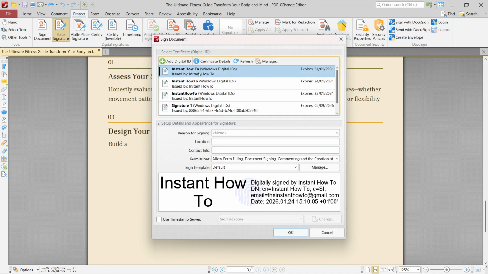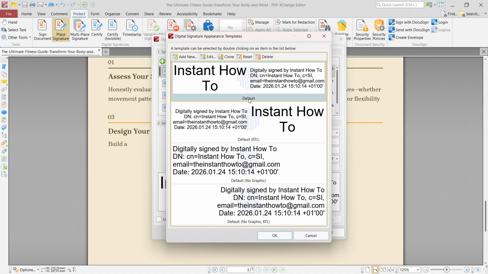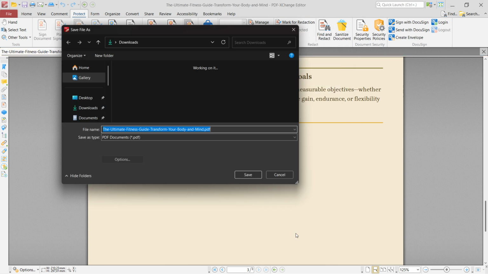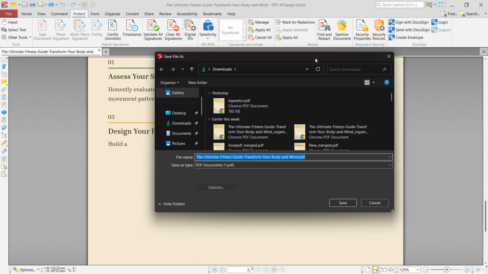list. Once this is here on the list, you can just simply click on it, and then here, as you can see, you can of course select the sign template by clicking Manage over here. There's going to be a bunch of different ones, but I do like this default one, so I'm just going to use this one. Click on OK, and then from here you want to click on OK again, and there we go. As you can see, it's going to prompt you to actually save that specific PDF, which I'm going